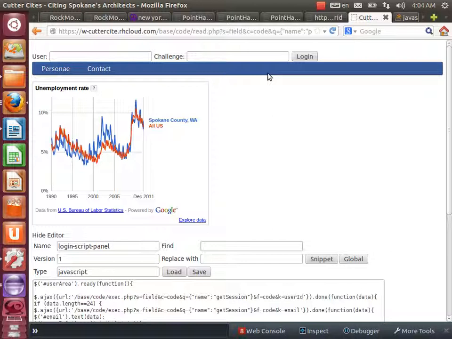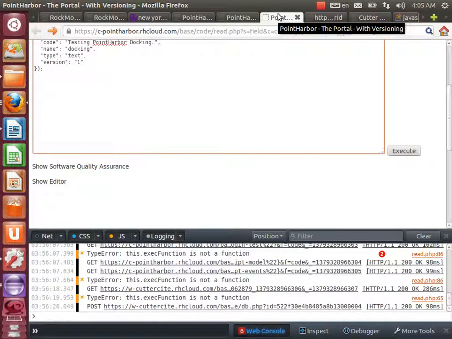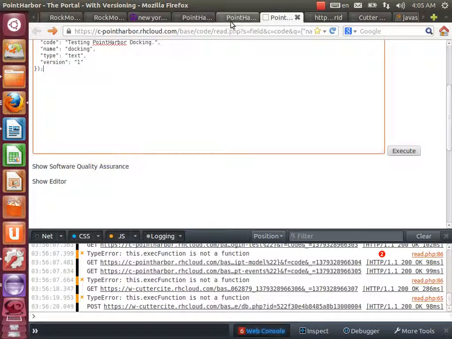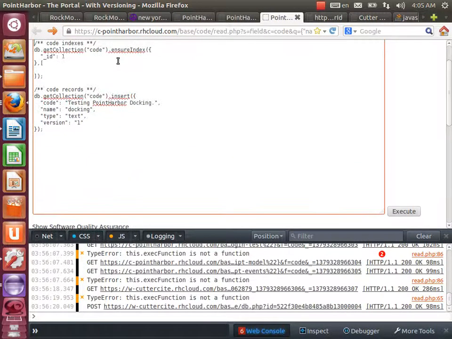So in one of the earlier videos, again, we mentioned cross-environment deployment, but we didn't actually demo it. So what I'm doing here is actually demoing that functionality. So you'll have two environments, your origin and then your target environment. So we will be deploying code from PointHarbor to